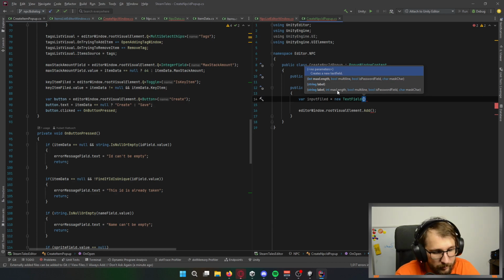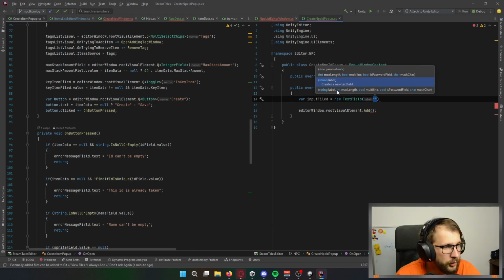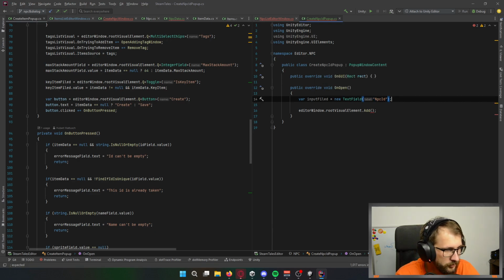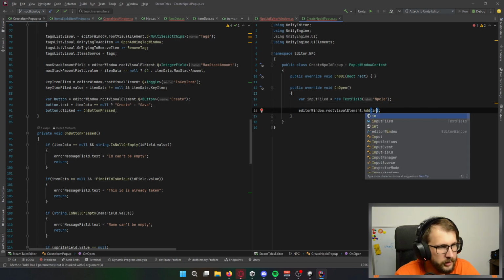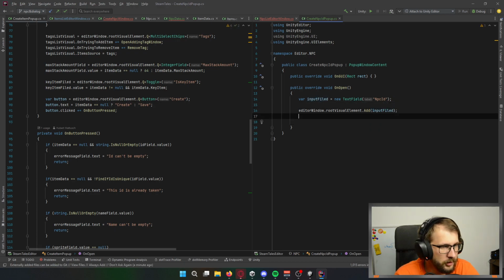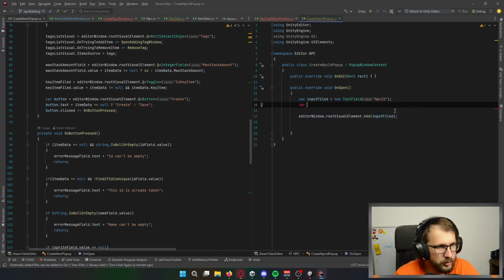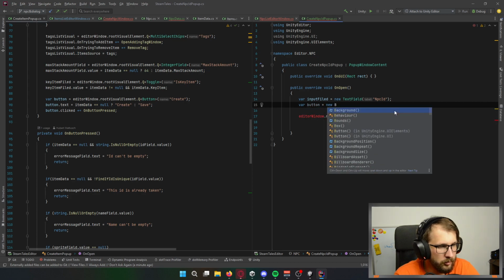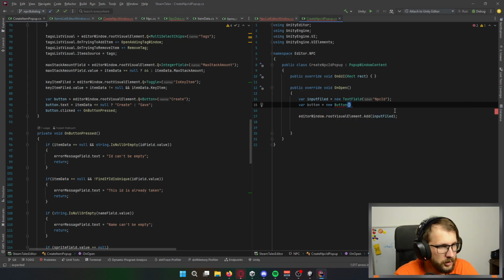Label will be NPC ID. Okay. So now we're adding the input field. Also, I want to create a button. That will be a new button, of course, that will have create.